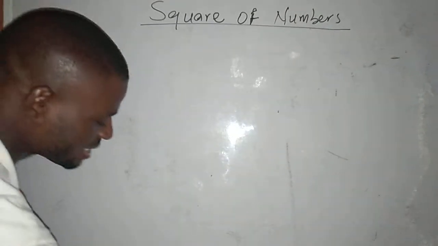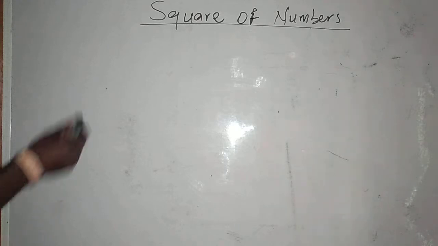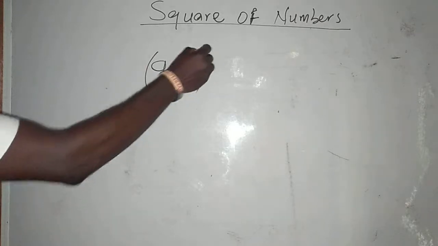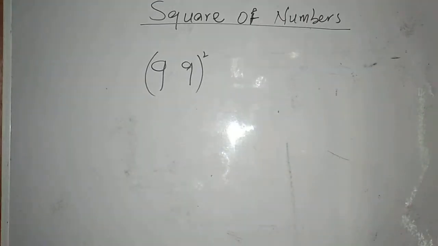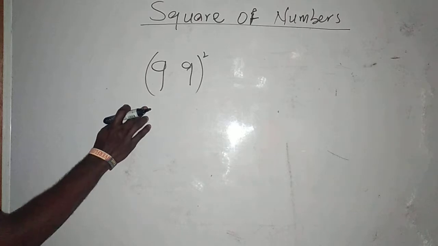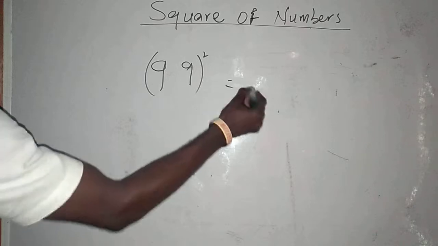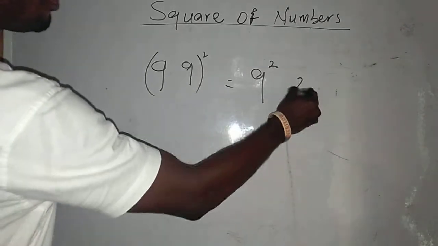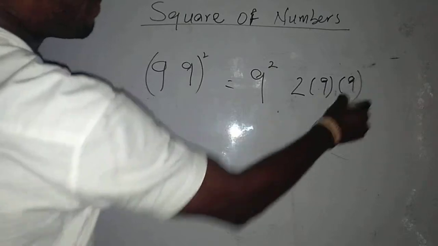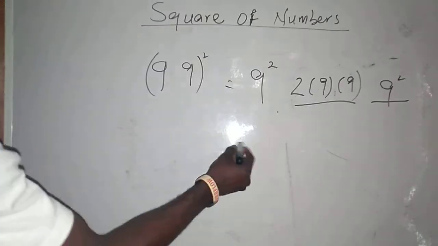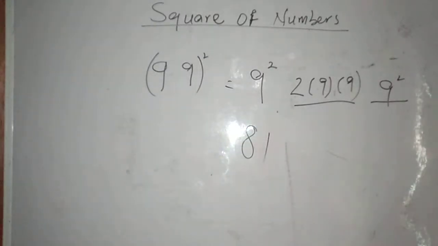If I have a number close to 100, let me say 99 squared, it is also the same way. My A is 9, my B is 9. It means I'll be having 9 squared, 2 times 9 times 9, and that will be the second term. The last term will be 9 squared. This one will give me 81. You can take more than one digit. Now, 9 times 9 is 81. 81 times 2 will give me